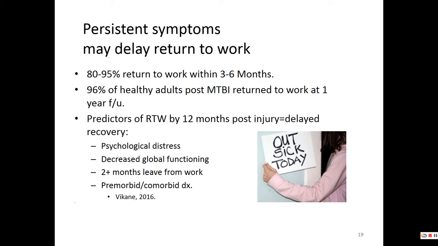The longer you're off of work, the longer you're going to be off of work. So 2+ months leave from work, the longer you're off, the less chance you're going to have of going back to work in your full capacity at 12 months. And then premorbid and comorbid diagnoses, which we'll talk about as well. So if there were issues prior to the injury or the individual had other health issues prior to the concussion, that's going to impact their recovery and their ability to return to work, hopefully by that 16 days post-injury that